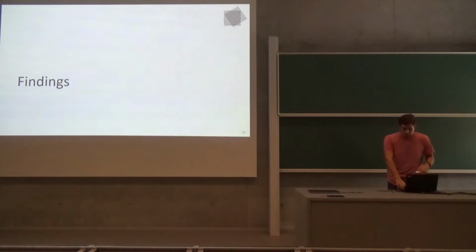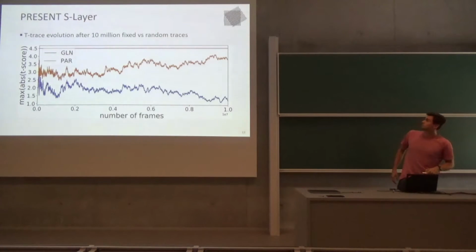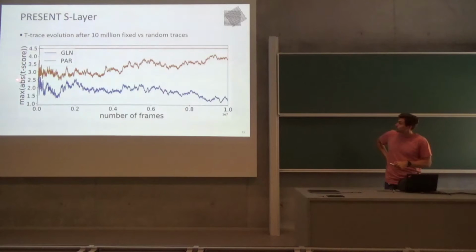Applying it to the S layer of the PRESENT block cipher, we try to detect leakage. This is up to 10 million traces. We did not detect any leakage that is dangerous, we're still within the confidence interval of the t-test. But what's interesting to say here is first that once you have a GLN, which is just a synthesized netlist with some statistically extracted delays of wires, you have